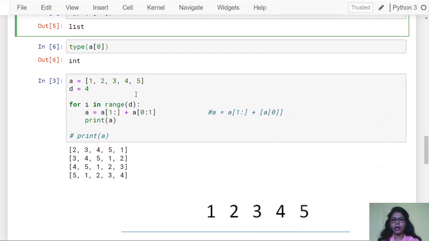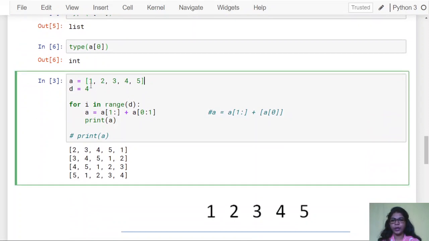So here our array is 1, 2, 3, 4, 5, and rotation is 4. Here we are taking the same for loop, from 1 up to the end, means from index position 1 up to the end we are taking the slicing, and the first integer, which is at index position 0, should be in the form of a list, so that we are able to add these.